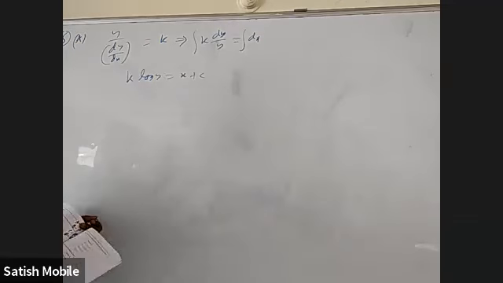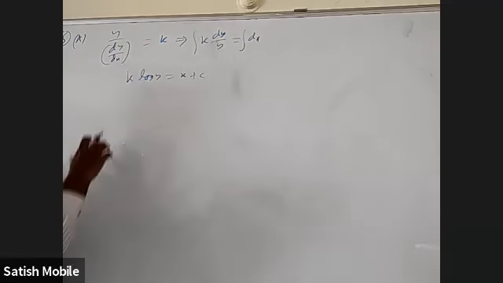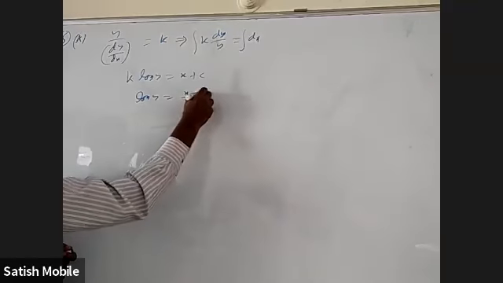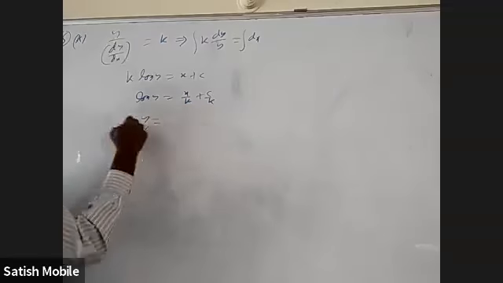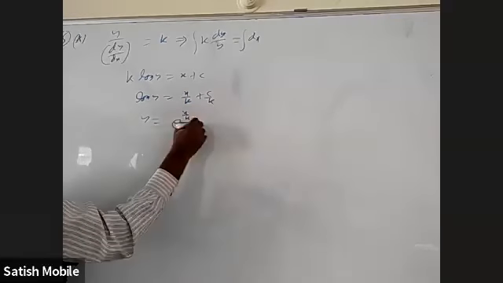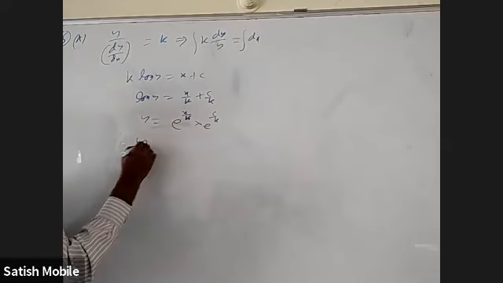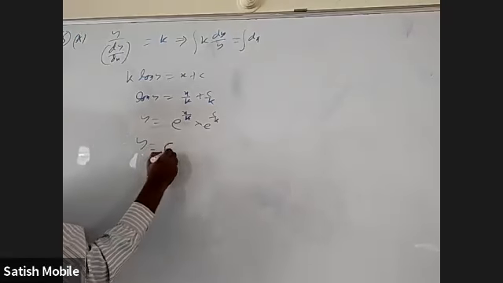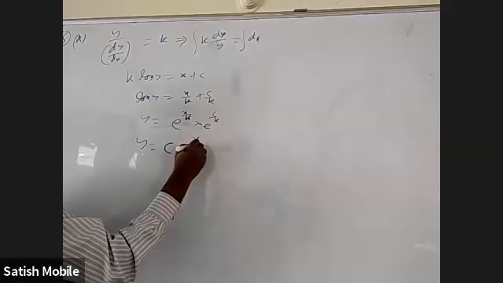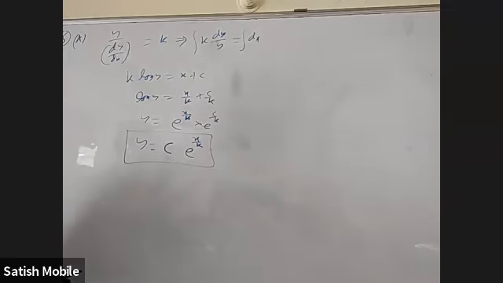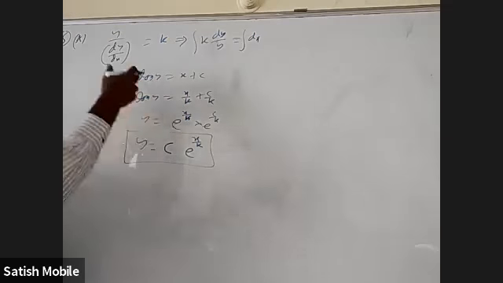I'll get e power, so it is an exponential. I can send k here. Let us say log y is equal to x by k plus some c by k. Y is e power x by k into e power c by k. This is some constant, so I can call y equal to some total C into e power x by k. This is an exponential function. You can take the particular constant k.